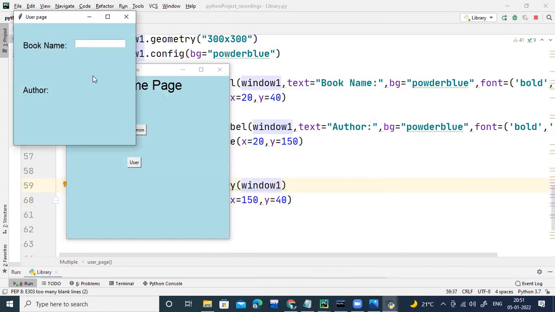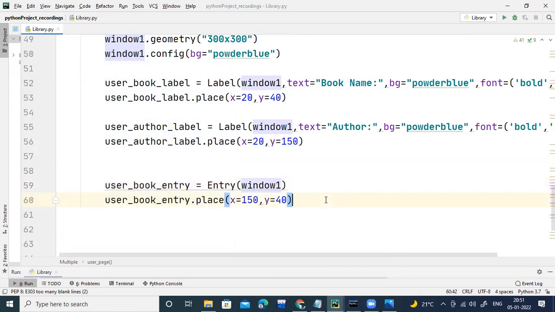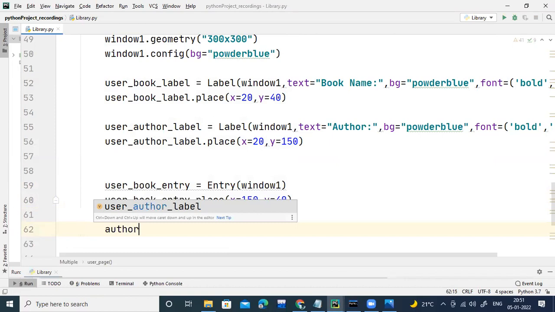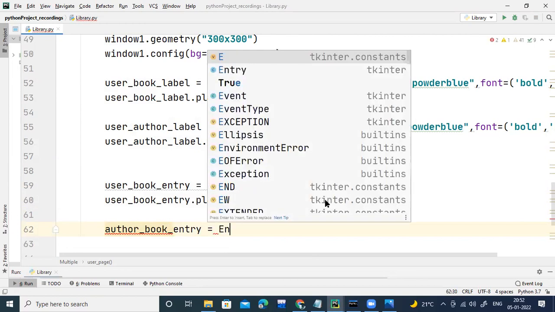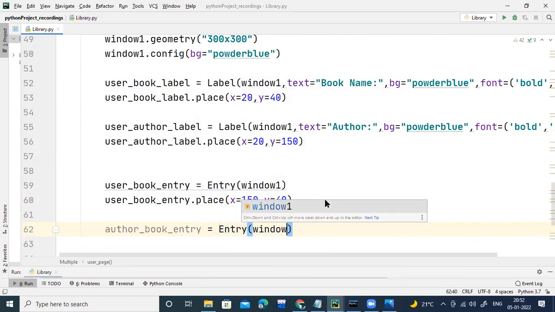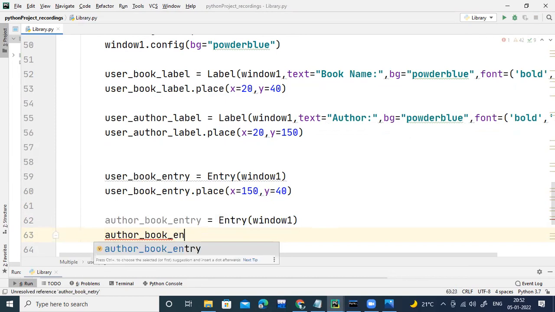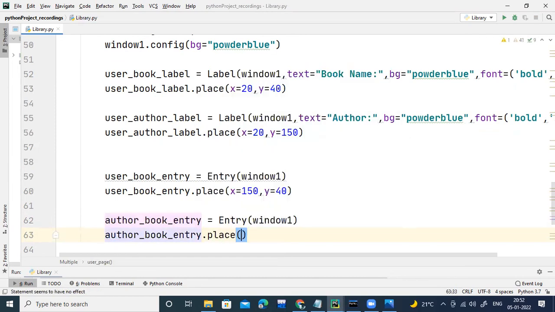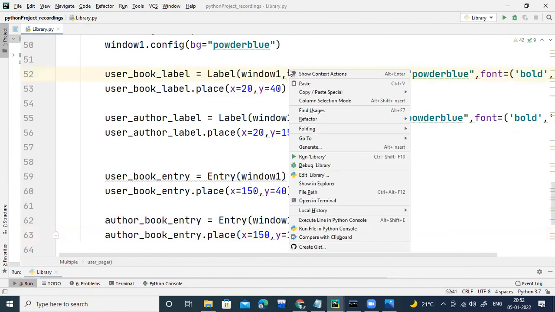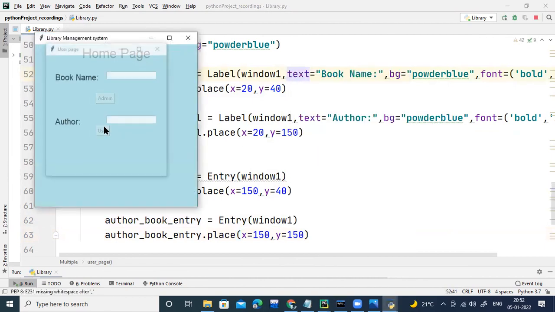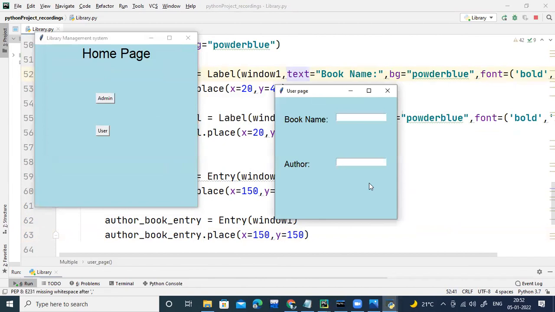Okay, the same entry box should be given to author also. So we'll write here author_book_entry equals to Entry attribute. Where do you want to send it? To window1. Then author_book_entry.place, where x equals 150 and y equals 100. Oh, sorry, y was also 150, correct. Run the program. Click on the user button and you can see there is a whole new page for user,